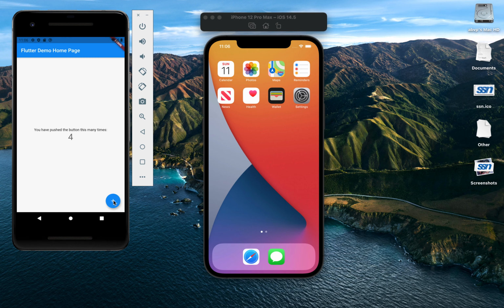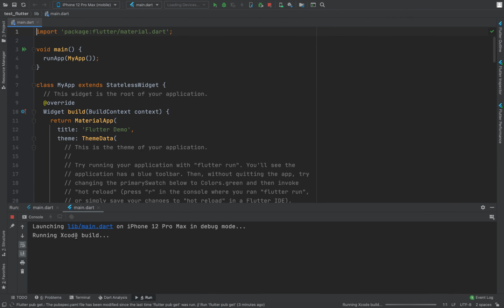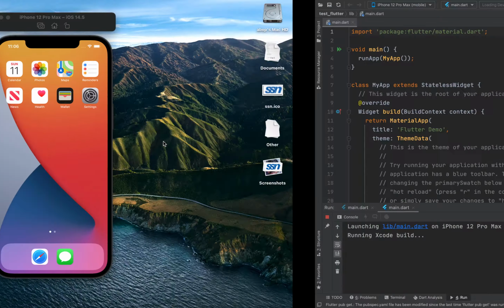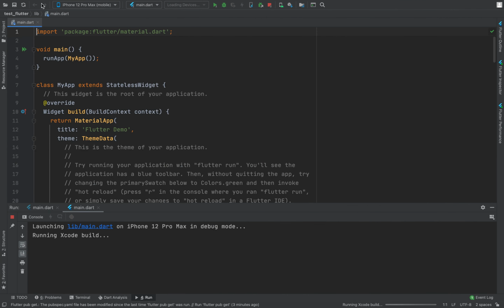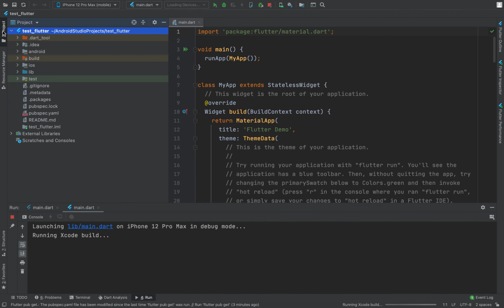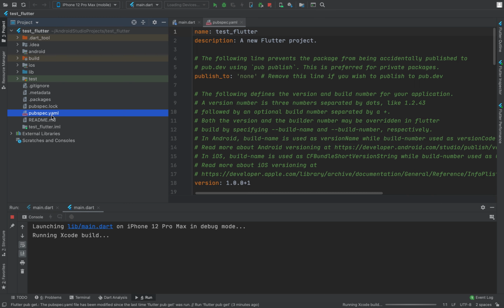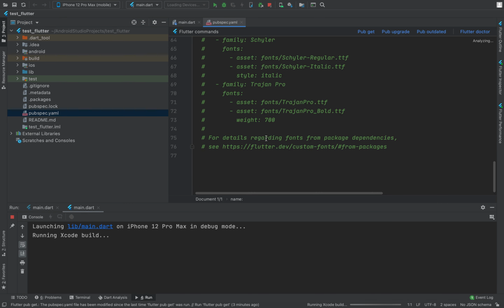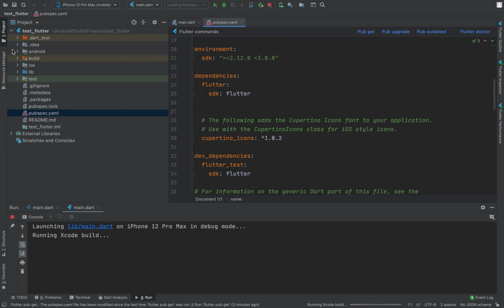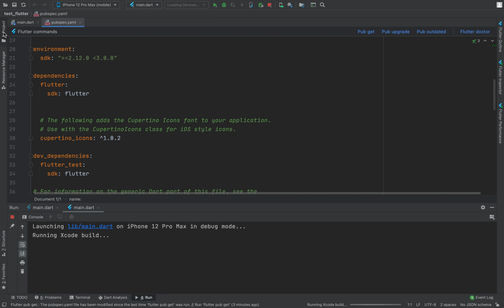Yes. So we have our Flutter app on Android device, and let us see if the same app we get in iOS as well. So in the meantime, let us see this project structure. So we have the code here, which is the main.dart file, and we have these project files, of which apart from other things, we have this YAML file, which is our dependency file wherein we store all the other dependencies, and we can expand and collapse the project pane this way as well.